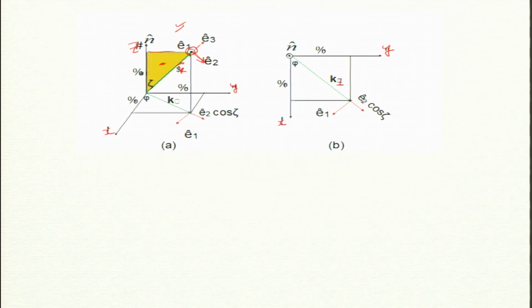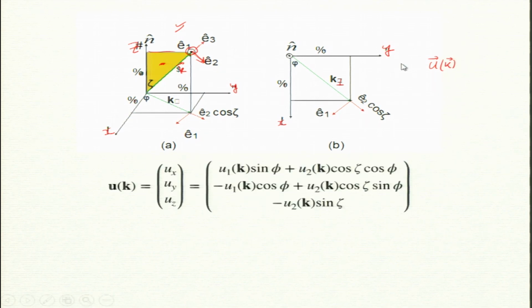Now, what about the z component of uk? My vector is uk, the velocity vector. I want to find out what the z component is. Which will give you the z component? Remember, my u is only along u1 and E2. Does u1 have any z component? u1 is along x and y, right? u1 is azimuthal, so it has no z component, but u2 has a z component. This is u2, along this.